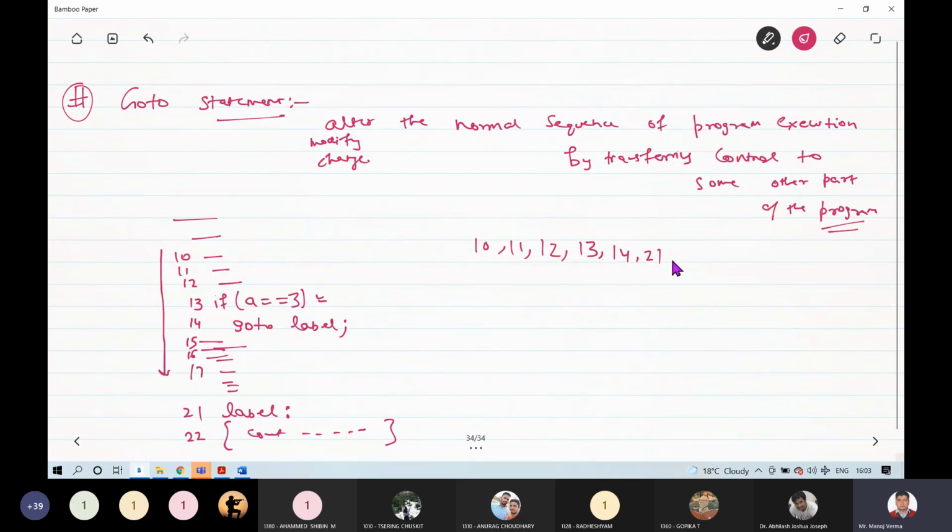After 14, directly it will go to 21, 22, and then again come back to 15, 16, right? So this go to statement is actually used to alter the normal sequence of program execution by transferring the control to some other part of the program.